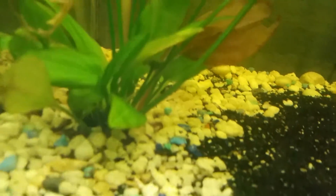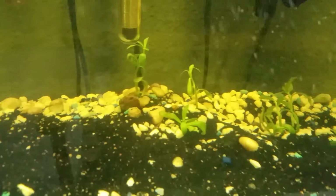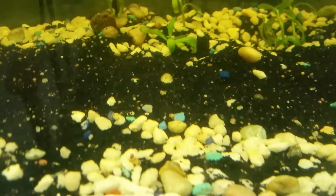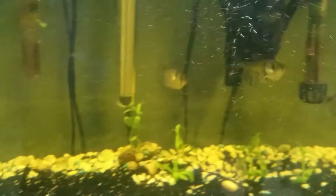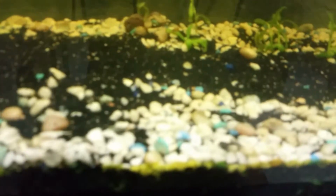I had a lot of people ask me, can I have just straight up plants as a filter? It's hard to do that. To base your whole aquarium filtration on plants, you're gonna need a lot of plants. They'd have to stretch across this whole thing, foreground, background, everywhere, basically a jungle tank, as I like to say, because you'd barely be able to see the back of the tank, covered in huge plants. You wouldn't be able to see the ground or the gravel, because the ground plants would